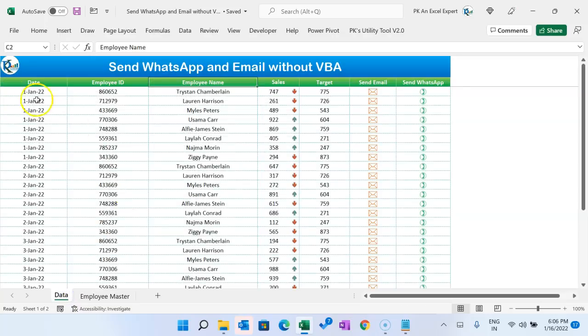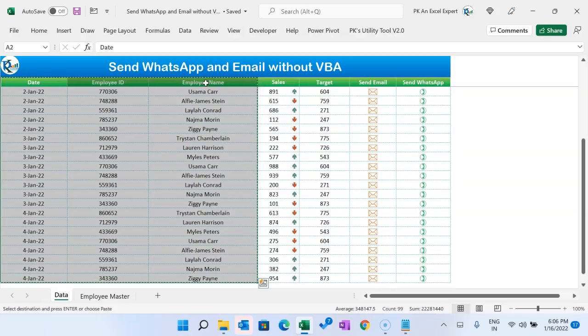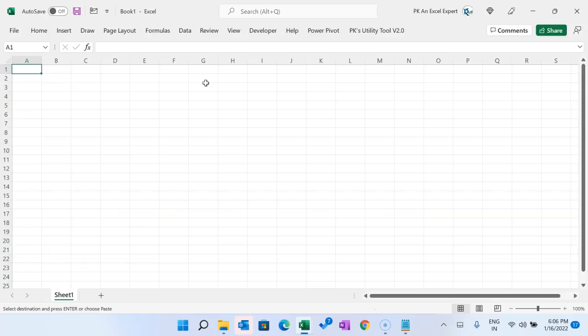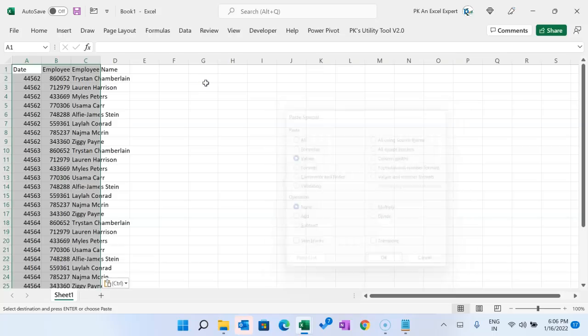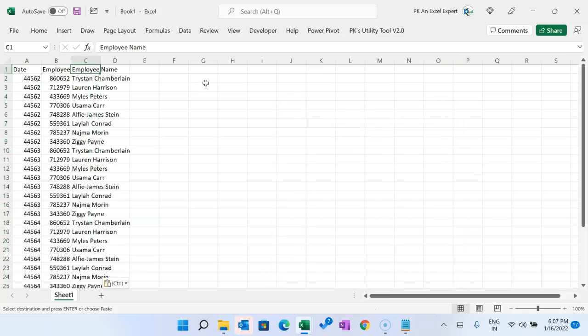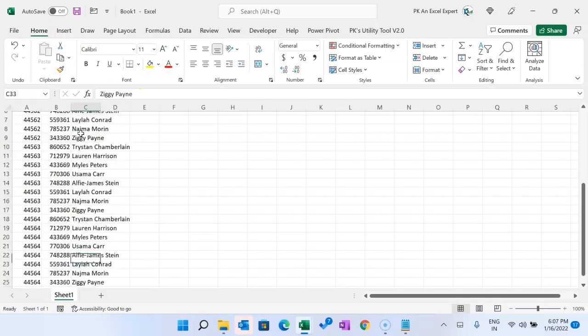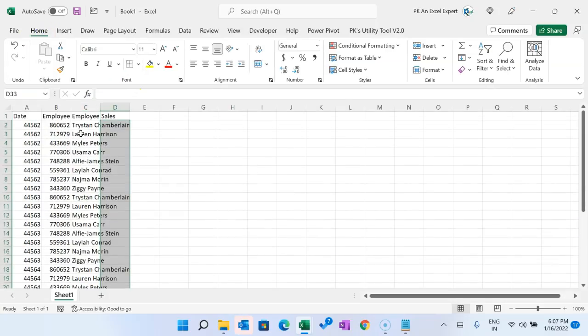Alright, now let me come to this sheet and we will copy this data. Let's copy this and I will add a new workbook. Press Ctrl N and let's paste this data here. Now we will put our actual sale data. So I'll take here sale. For now I'm just putting random numbers for the sale. So you can use the RANDBETWEEN function or you can use PK's utility tool.